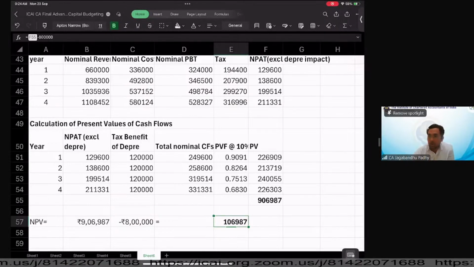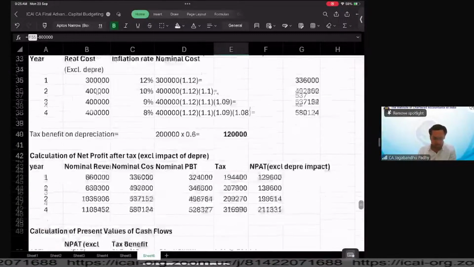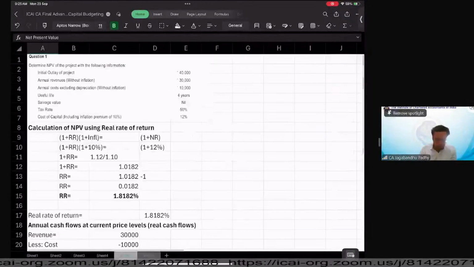Rakesh is asking, how can we add tax benefit of depreciation when we have not deducted depreciation? Why should I deduct depreciation first? It's not my cash outflow. Depreciation is not a cash expenditure which I'm making. So I'm not going to deduct depreciation. It's non-cash depreciation, right? Because we have already derived that aspect over here.